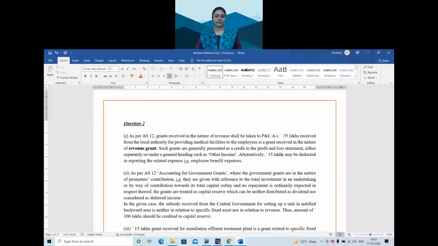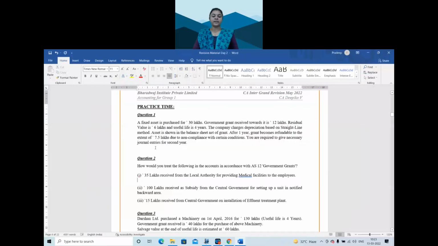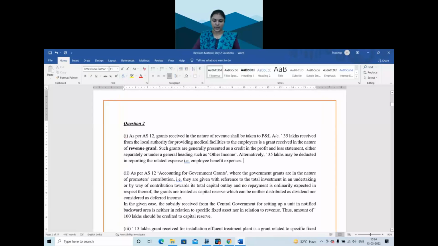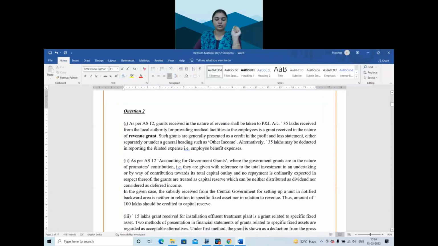Next, 100 lakhs received as a subsidy from the central government for setting up a unit notified in the backward area. So what is this type of a grant? Capital grant. This is a capital grant because this is in the nature of a capital investment or a capital contribution. So as per AS12, where the government grants are in the nature of promoter's contribution, that is, they are